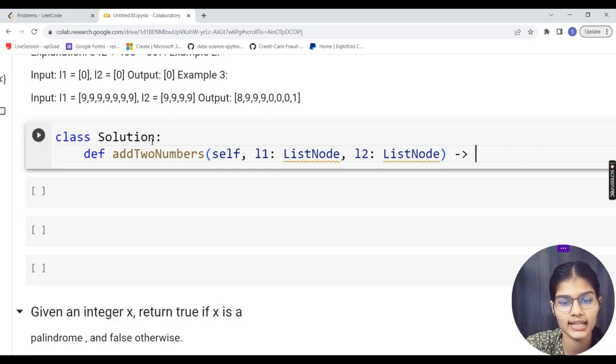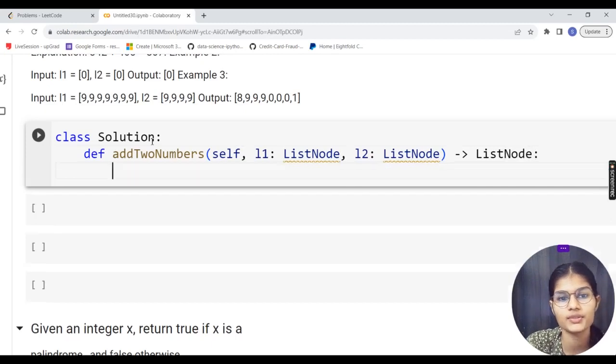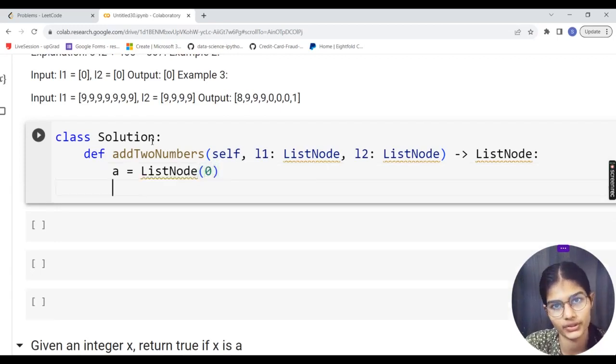Pointing towards this, I again have my ListNode. So this is what we have inside this complete function, right? Now I will just go ahead and make the respective things. Let's say A is a variable, and I am just going to write ListNode and assign that with the value 0, right?